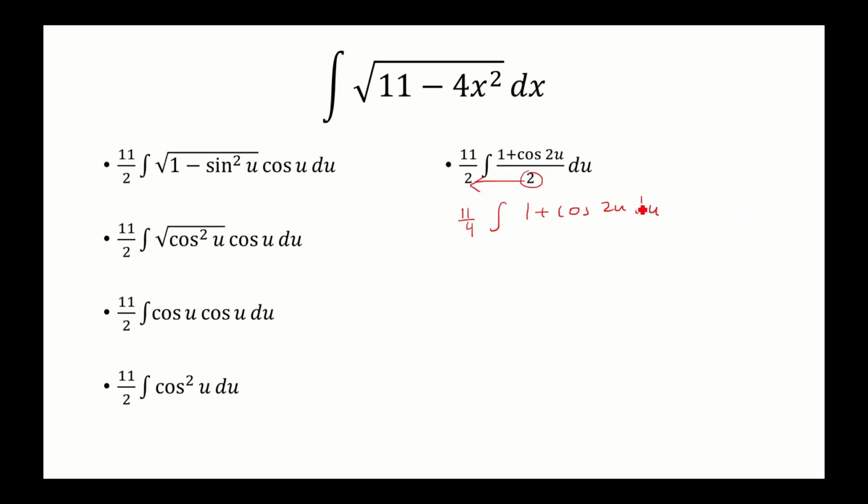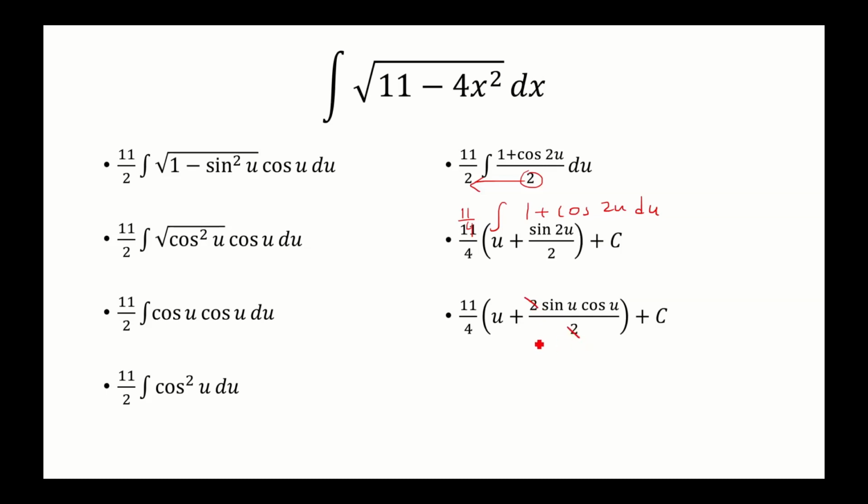If we integrate 1, it becomes u. The antiderivative of cosine 2u is sine 2u over 2. So recall that sine 2u is 2 sine u cosine u, and the 2's are going to cancel. But we had said that sine u is equal to 2x over the square root of 11, which if we